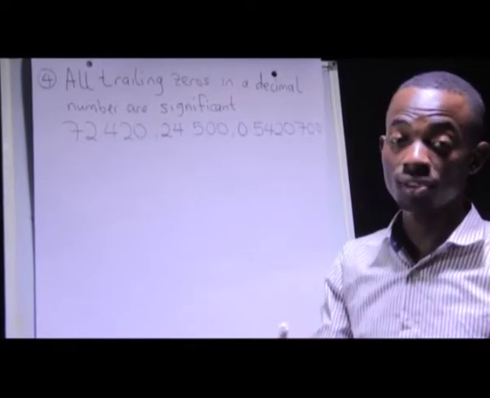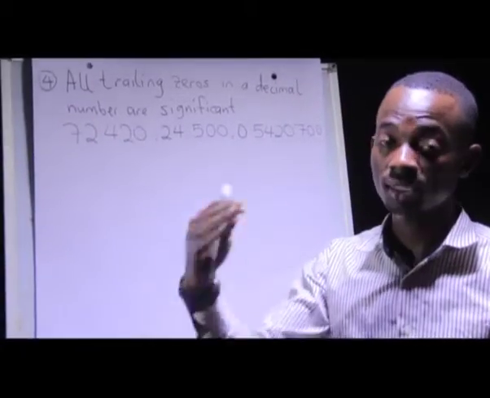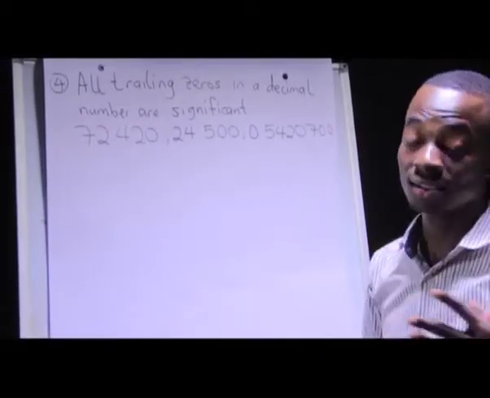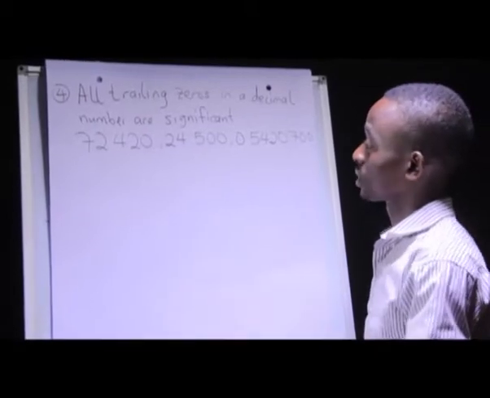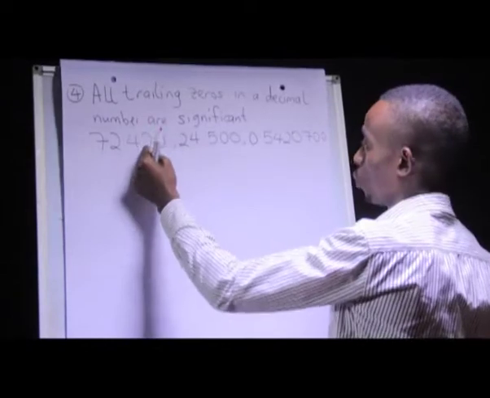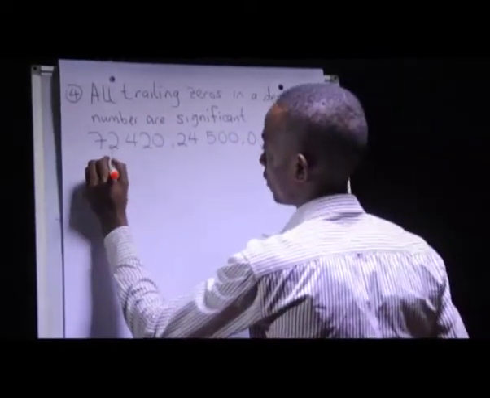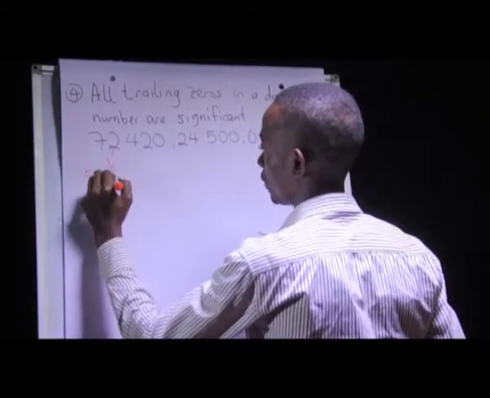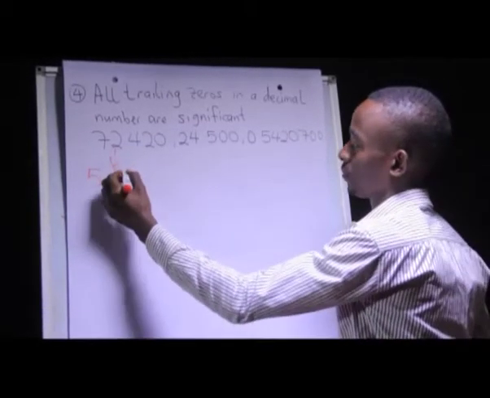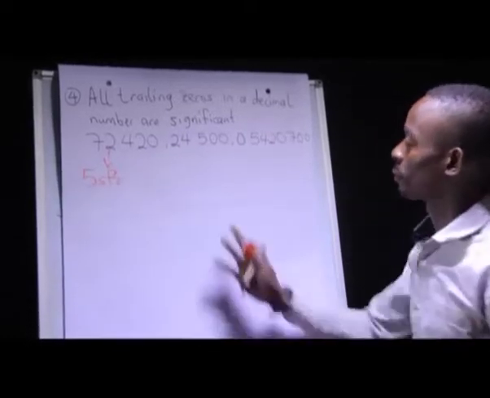Whereas in condition 3 we saw that when the zeros are at the beginning, they are said not to be significant. Whereas when the zeros are at the end, we say that those zeros are significant. So now counting the number of significant figures in this case, I have 1, 2, 3, 4, and 5. The 0 in this case is also significant. So here I have 5 significant figures. We say SFs means significant figures. I proceed to the next one,